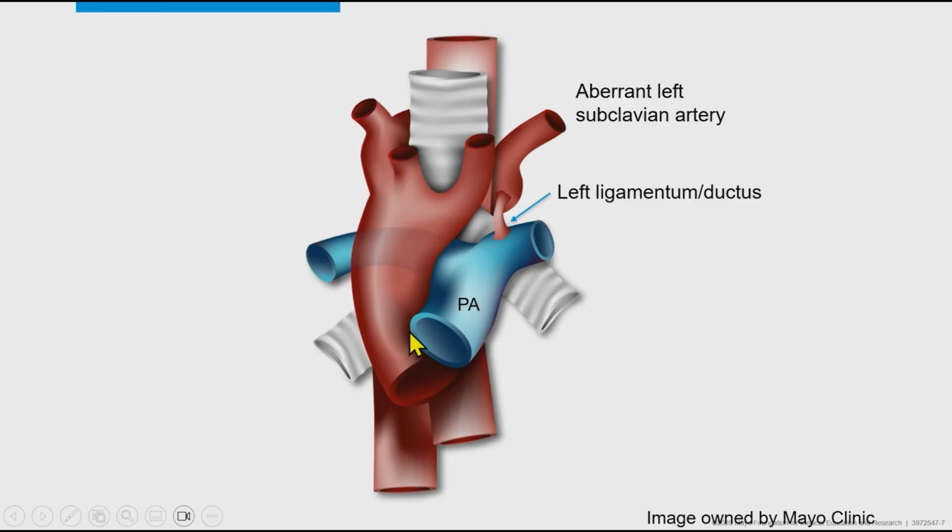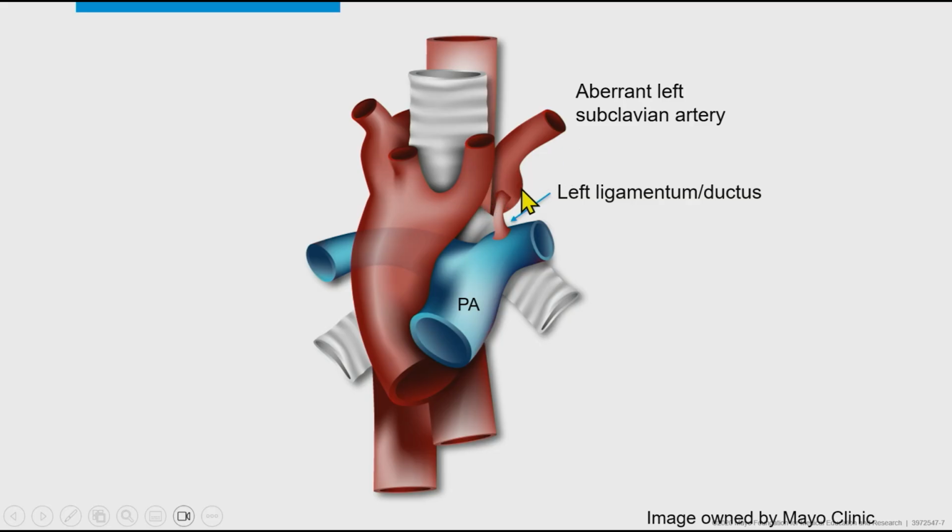Here's another model that shows exactly how it will look from the front. You have a right-sided aortic arch. The first branch actually goes to the left side, so that's important when we're doing echo imaging, that we look for the first branching pattern going to the left side. And this one does not bifurcate, as I mentioned earlier, into an innominate artery. Instead, you have the left subclavian artery coming off all the way from the back, from the descending aorta, via a diverticulum of Kommerell, and that would give rise to the left subclavian artery.